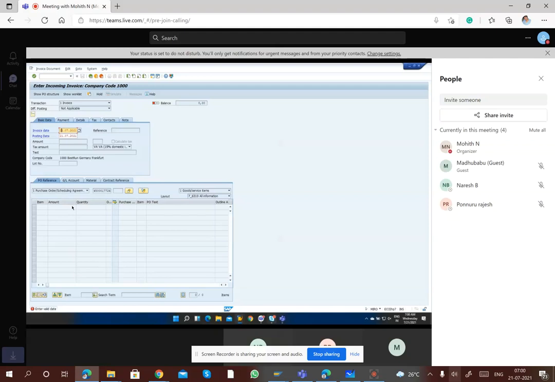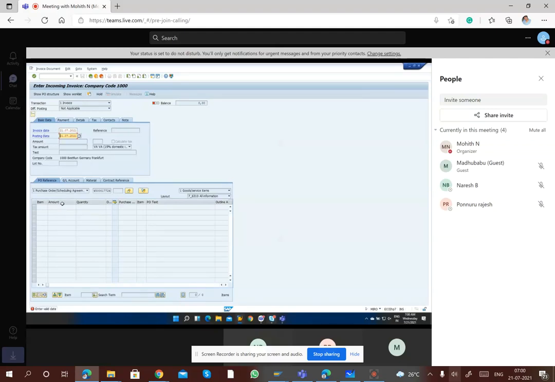You got my point? Yeah, Mohit. That's where it is asking for the invoice date, because some calculations will happen based on it. So on the same invoice date I have to keep, and this will be the posting date. The system will automatically take the date on which we are posting this in the system, and its priorities and details we will see in future sessions.